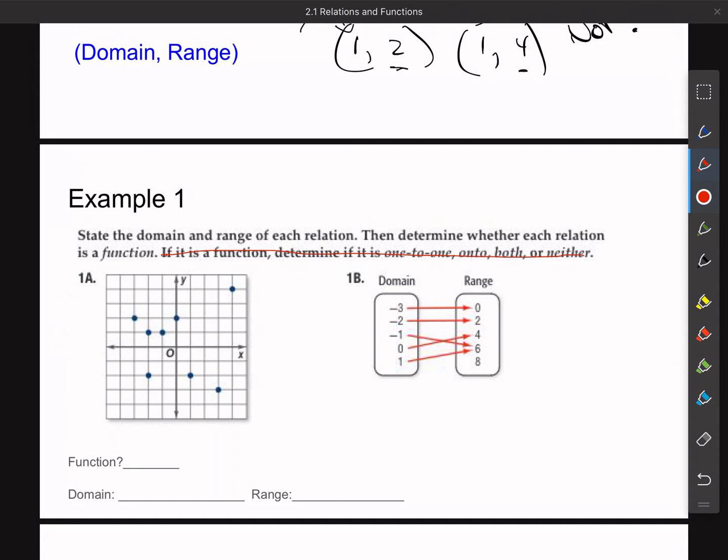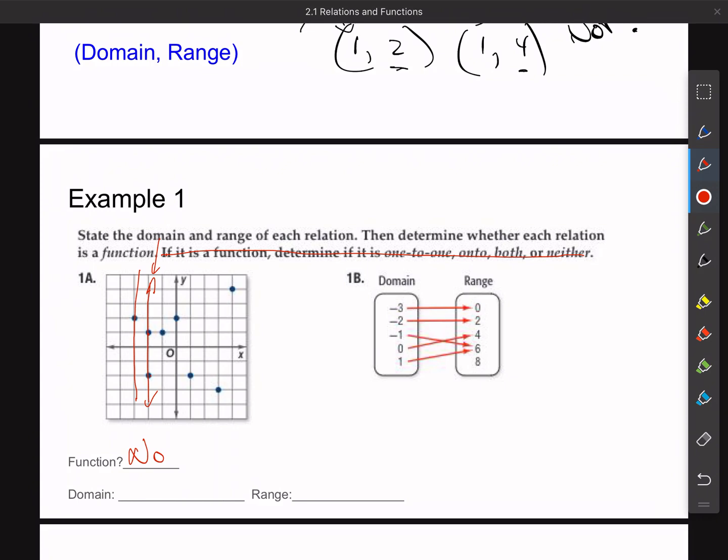So if you're going to determine if this is a function, you might want to perform this vertical line test at each one of these points. And notice, boom, right here on this line, it hits 2 points, which is a big no-no with functions. So this is no, not a function. But we still have domain and range. So for 1a,